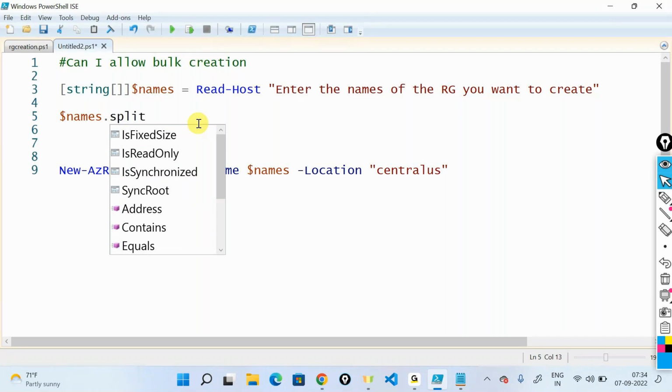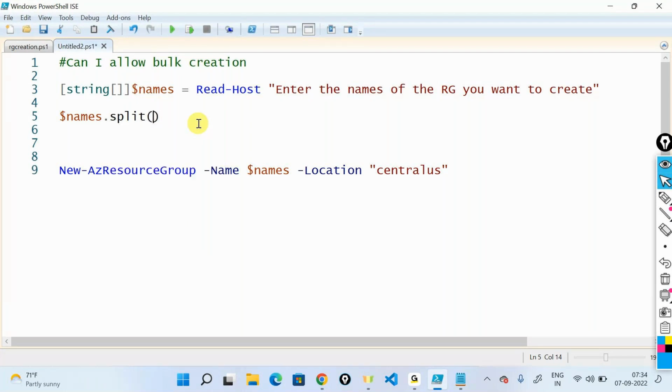There is a function called split in PowerShell whose syntax is something like this: $names.split in single quotes, what you want to split on. In my case, I want to split it over a comma. If you have a slash, you can split it over a slash or something like that. Now if I execute this,